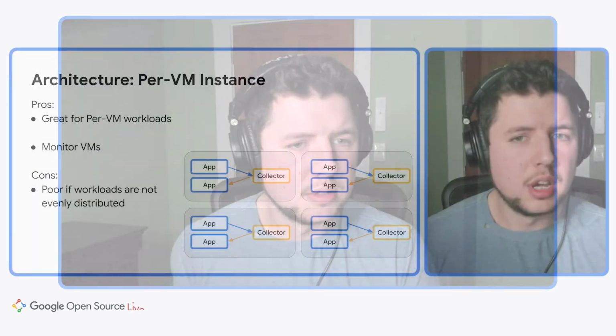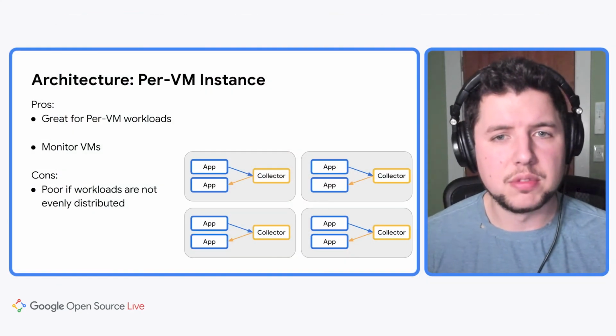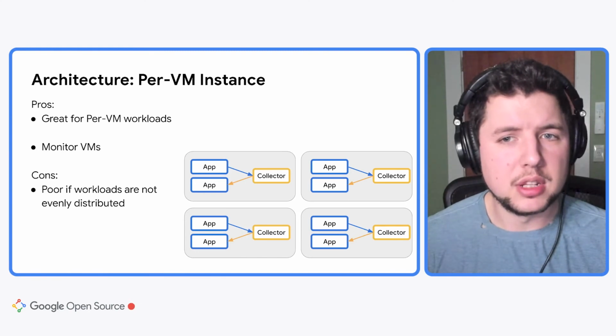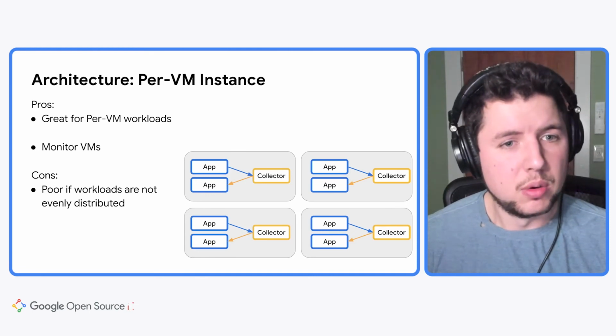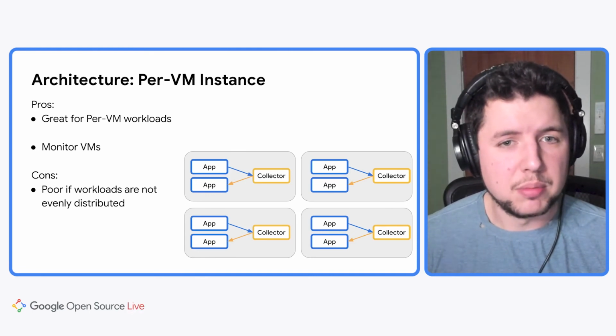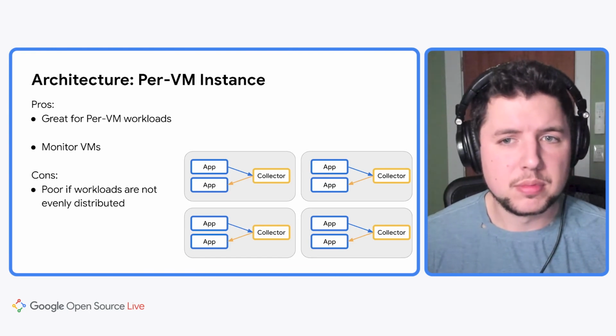And I separated the push and pull slides, but in reality, the same set of collectors can do both push and pull. It's just easier for me to explain in separate slides. Another way to set up collectors is to run one collector on each virtual machine instance you have. If you have a workload that's replicated the same way across multiple VMs, then this can be a really easy way to monitor them, since you don't need to think about, well, what happens if I add a new VM, since there's already a collector that's going to be on that new VM.